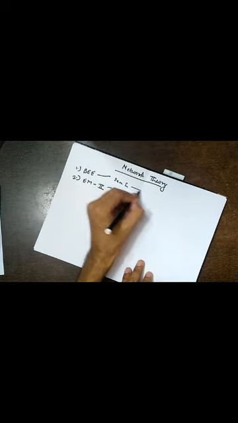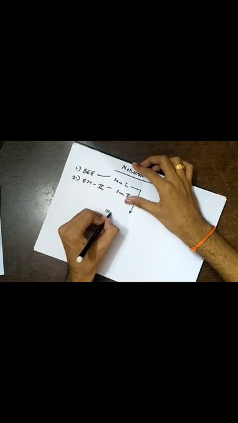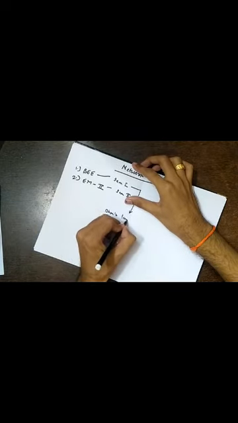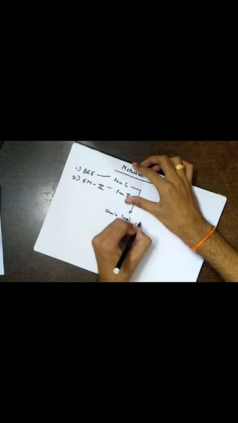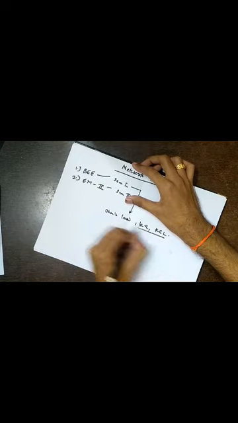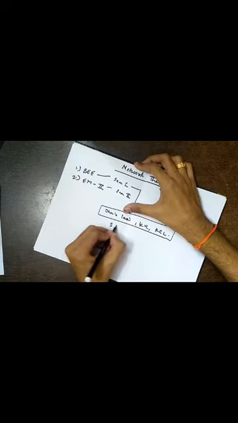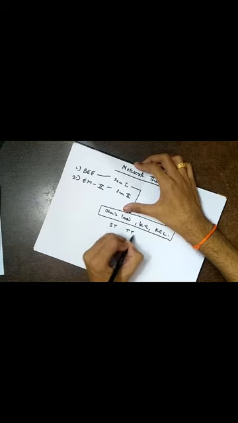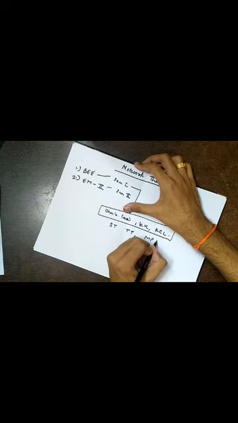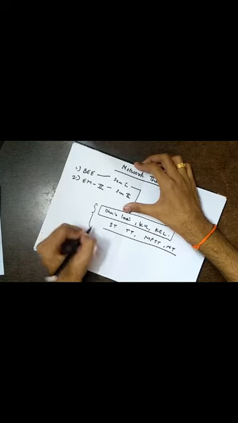So, what do we require as a prerequisite for network theory from BEE? You started with simple Ohm's law, then KVL, and then KCL. These are very important for this course as well. Then you studied superposition theorem, Thevenin's theorem, maximum power transfer theorem, and Norton's theorem. This again we will study.